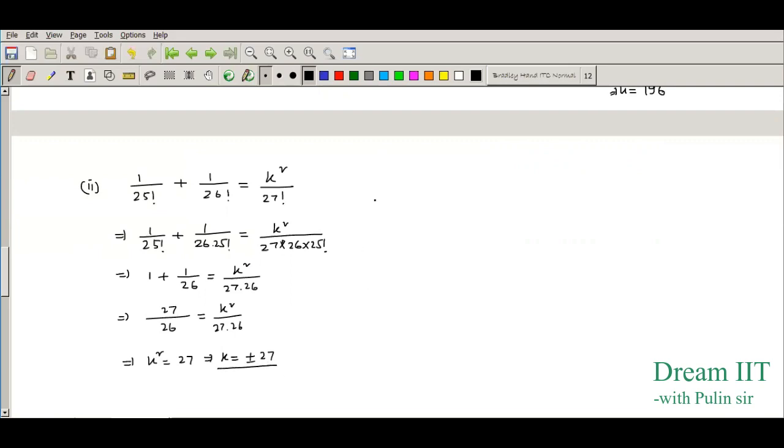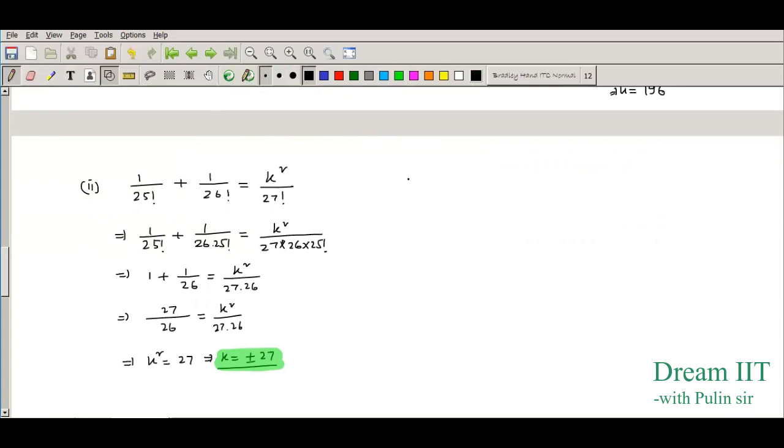Be very, very specific here. Many students sometimes get confused. Factorial is not defined for negative numbers, so I would not have to take negative numbers here. But remember, we are not talking about the factorial of k. Nowhere is it mentioned that k should be positive. If somebody tells you that k cannot be negative, you would have easily discarded this particular answer. So this is a very important question.